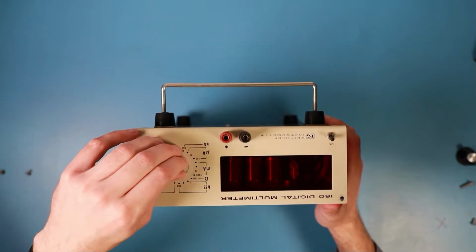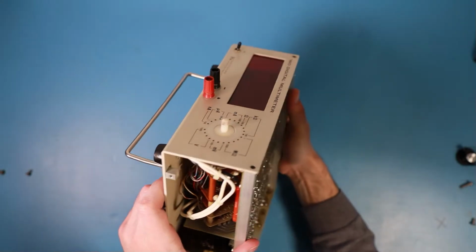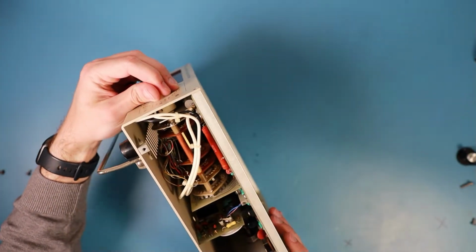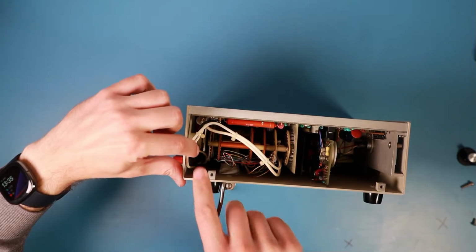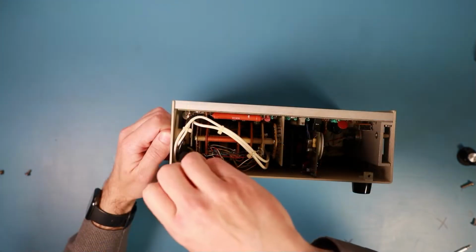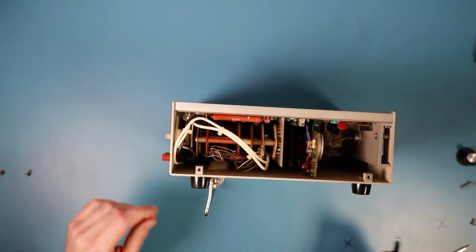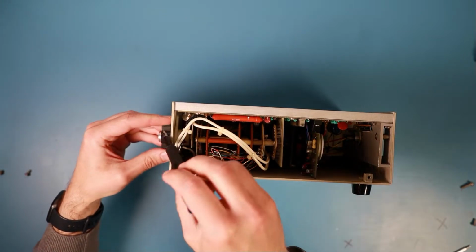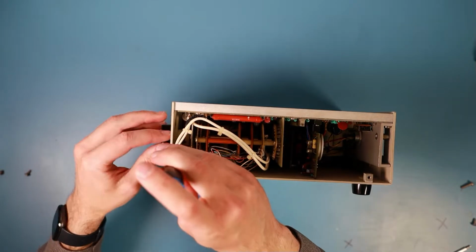Okay, this is a plastic shaft. I might be able to remove this further because there is a little grub screw inside this plastic piece. Okay, that screw is out, nothing is moving. Might be that there is another screw on the other side. So let me just